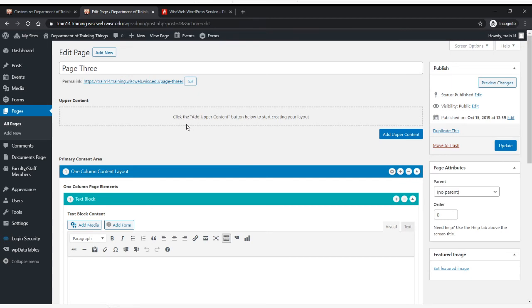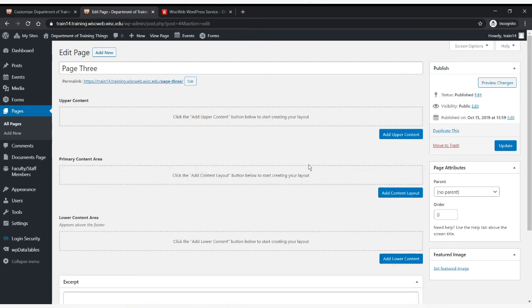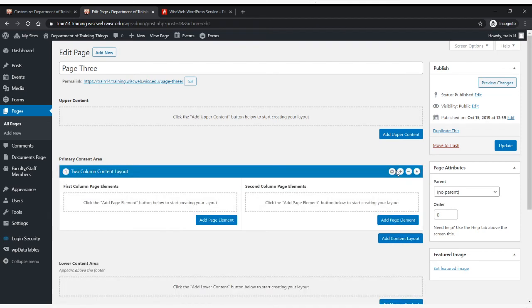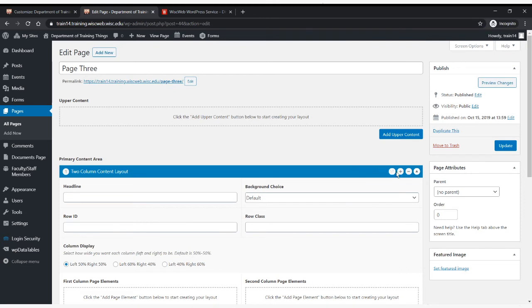We're going to remove this one column layout, and that's just because I'm going to put this menu into a two column layout. So I'm going to remove that by clicking on the minus sign. I'm going to add a two column content layout. And what I can do is I can click on this gear icon right here and I can change a couple of values. Now I could change the background color if I wanted to, but I'm not going to, because